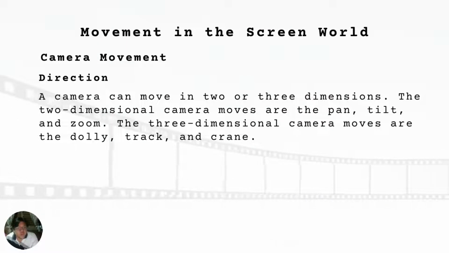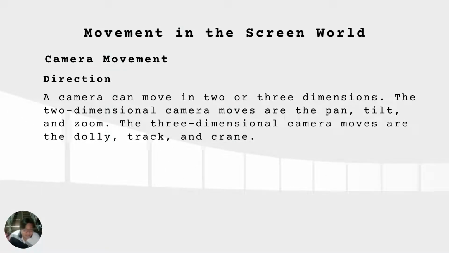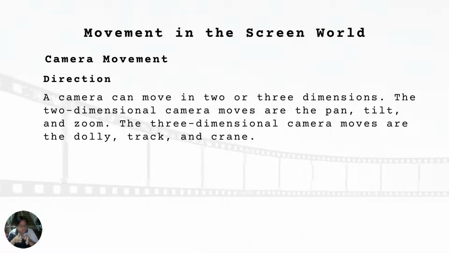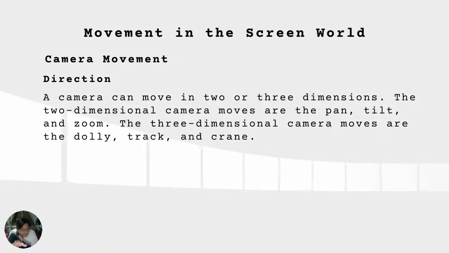Direction, the camera can move in 2 or 3 dimensions. A 2-dimensional camera moves in a plane: pan, tilt, or zoom. So, yun lang, di ba? When you talk about 2-dimensional movement of the camera, you have pan, you have tilt, and you have zoom. Okay, that's the three. The 3-dimensional camera moves are a bit like dolly or track or crane, where the camera doesn't move in a straight line, but moves relatively curved on the implied illusion of depth in terms